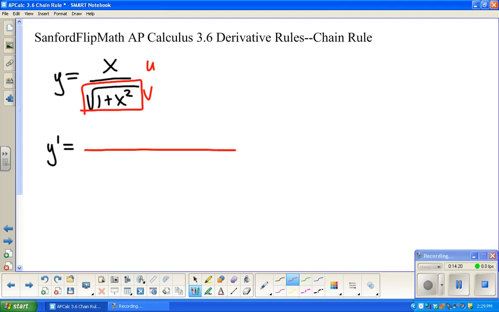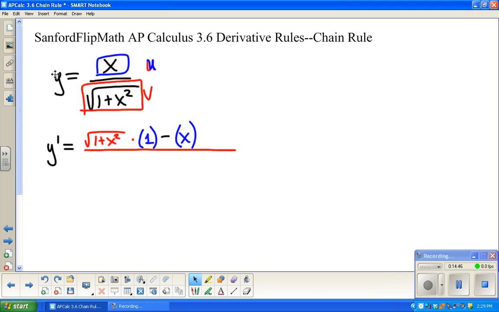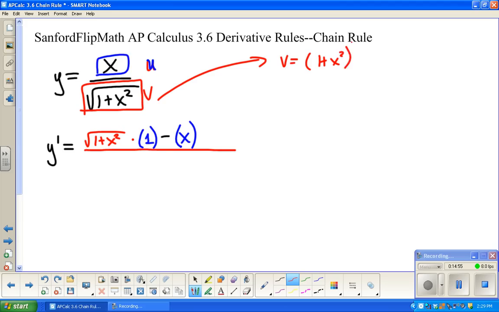Okay, so remember the quotient rule starts out with v, the denominator, times the derivative of the numerator, so we'll do the numerator in blue. Derivative of the numerator then is 1, minus the numerator times the derivative of the denominator. All right, so I'm going to buzz over here for just a second to do the derivative of the denominator. Here's v. Not a negative 1/2 because I'm pulling the denominator separate. Okay, so v prime